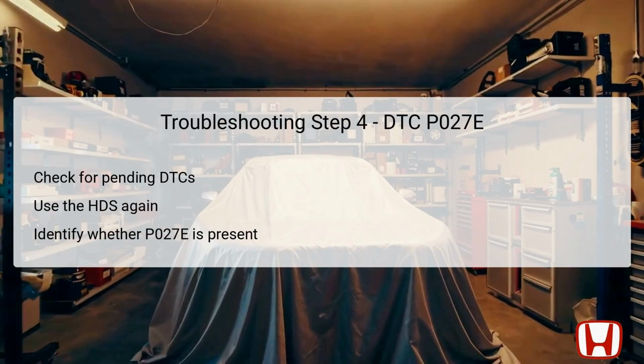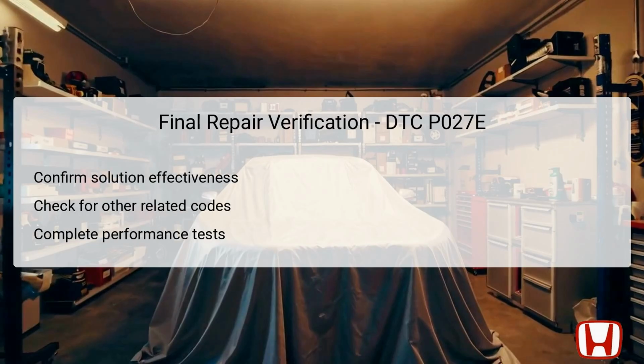Conversely, if no, it indicates an intermittent failure, suggesting the system may be functioning correctly at that moment, which can also be a valuable insight. The data collected at this juncture can help clarify whether the issue is consistent or sporadic, guiding the next steps in troubleshooting effectively. After completing repairs based on the diagnosis of DTC P027E, it is crucial to conduct a final